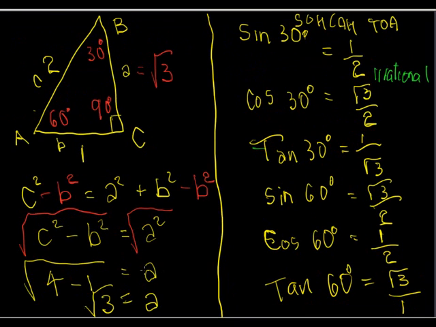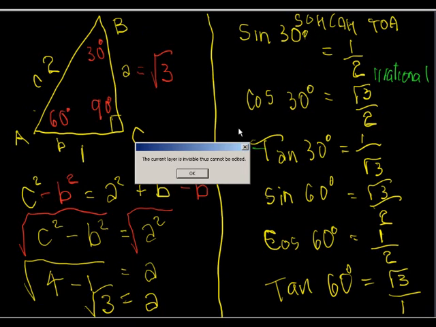With our three angles, we were able to use Pythagoras to compute the side A as root 3, and then from there, using Sohcahtoa,